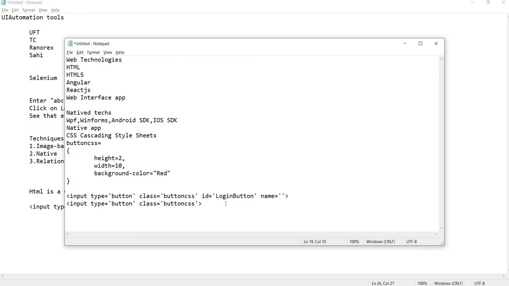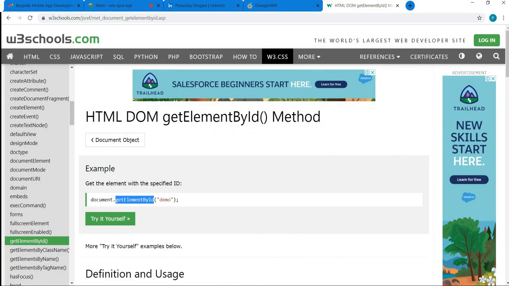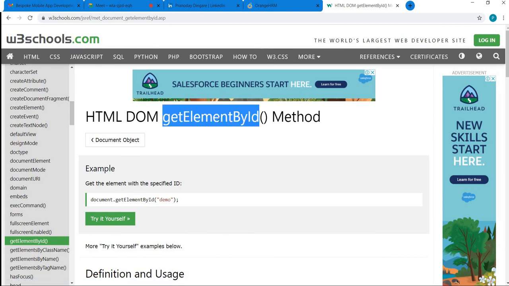They want to do some kind of client side validation, let's say, on our button control. So they want to identify that button control, right? But in JavaScript, they have a few methods like getElementById and getElementByName.